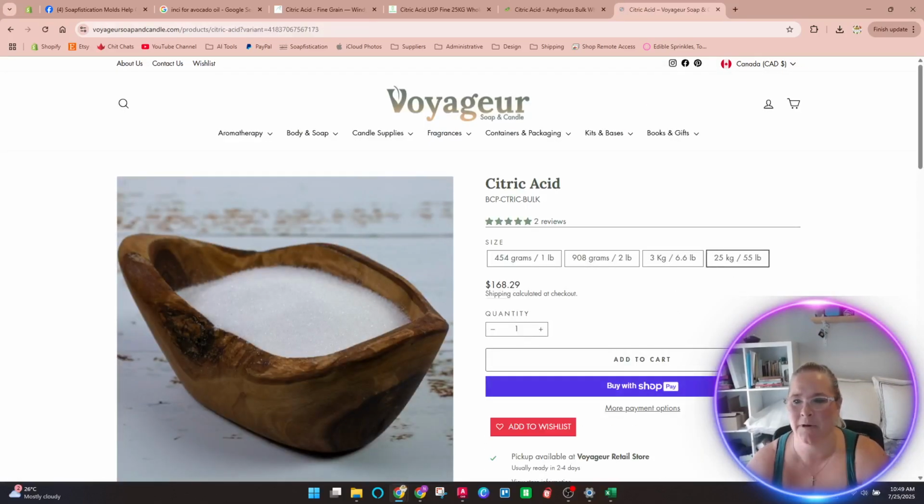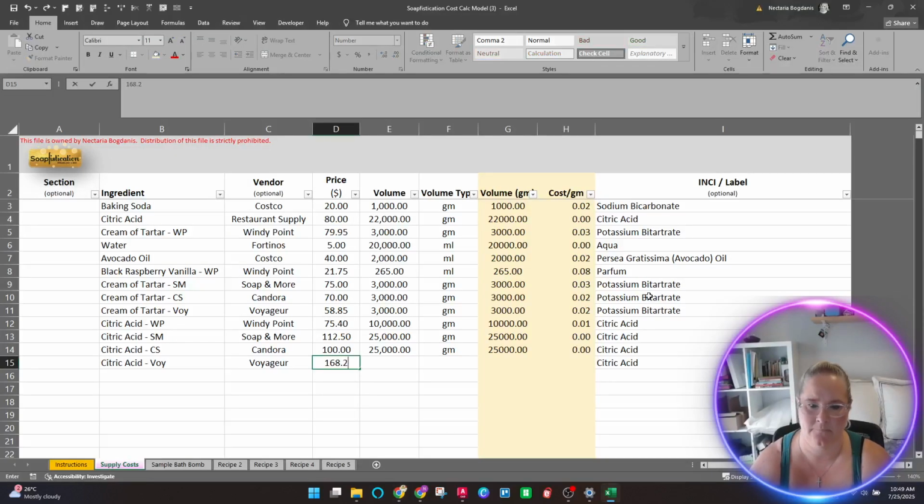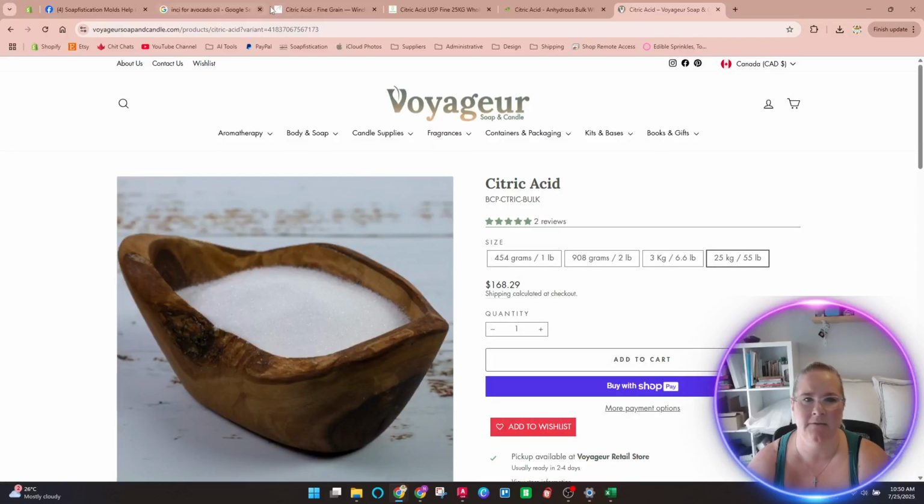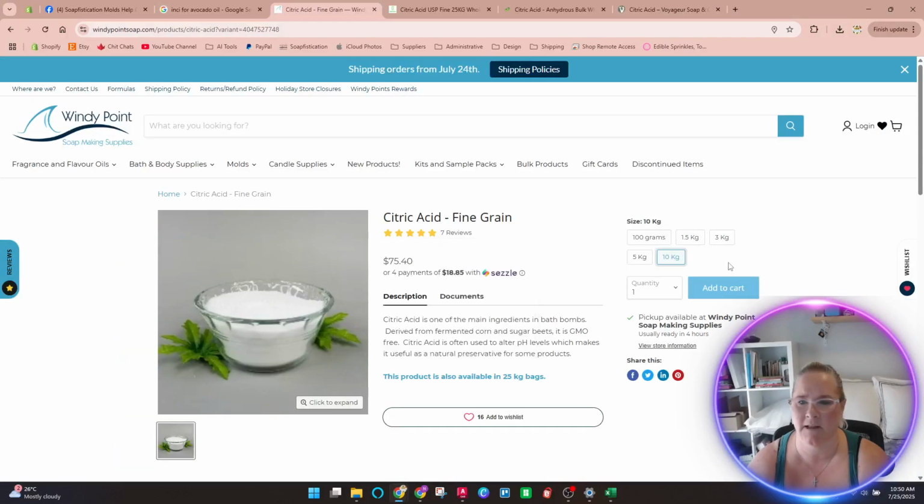Okay, and they do 25 kilos for $168.29. Just so I'm consistent, let me look at citric acid in Windy Point to see if they have a larger quantity. No, they don't.